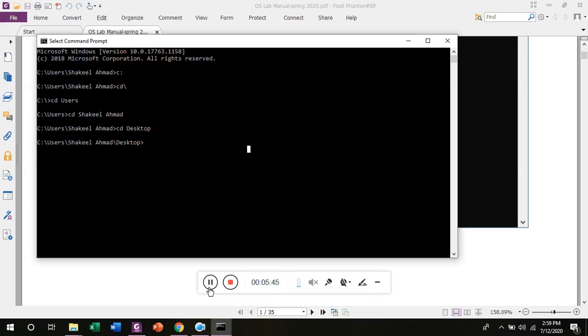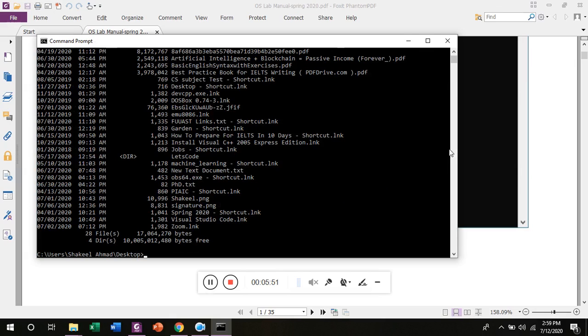To view the contents of a folder, you need to write dir, and you can see the list of files and folders in the desktop folder. We are going to use the ls or list directory command and give it the path of where we want to look. The path is not actually part of the command, but it is a command parameter. You can think of parameters as values that are associated with the command. Now you can see all the directories in the root of your drive C.